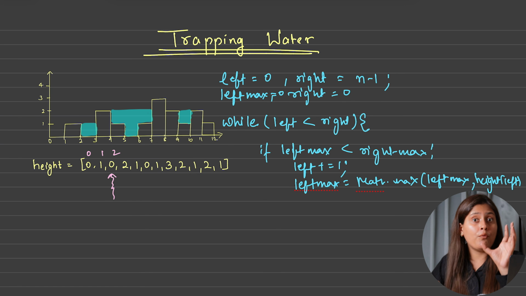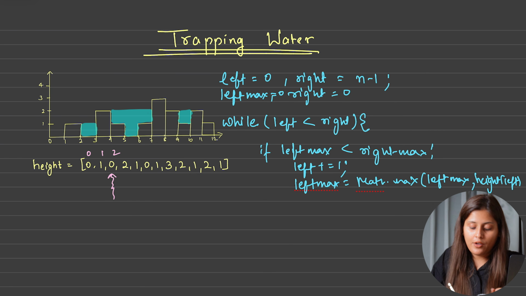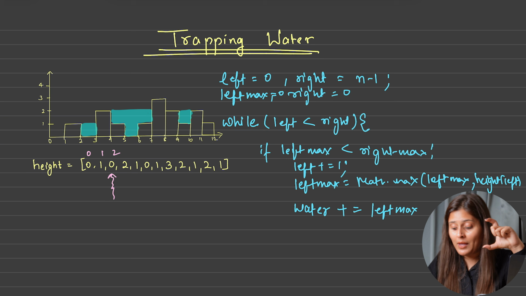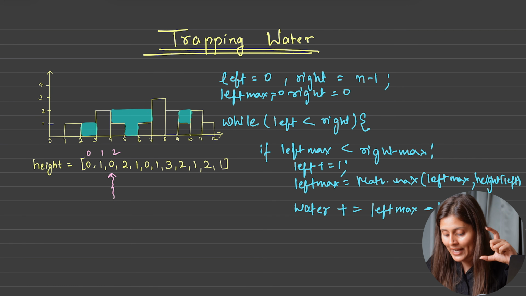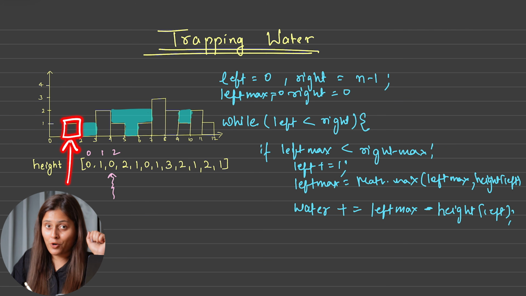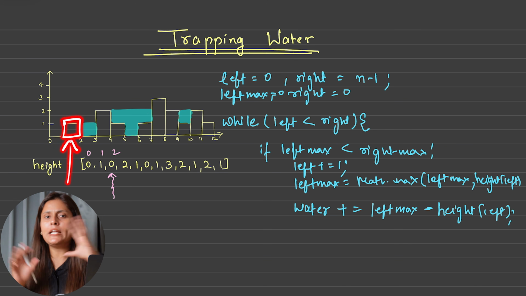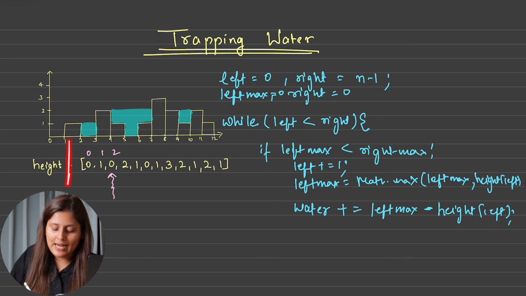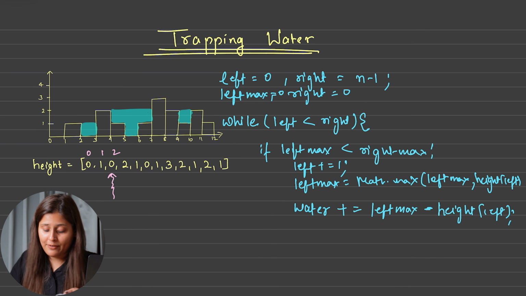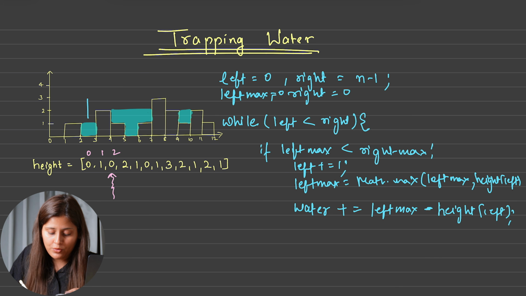Now our task is to calculate the water it stores. And what was the water it stored? Suppose we are here. So what is the maximum height till now? 1. So how do we calculate? Water plus equals whatever is the left max, correct? Yes, that will be the height of water. But we subtract the block also. Block means height of left. So at this index, we consider this height as water, but because the block was also present, in total it is 1 minus 1, 0. So of course you can see at this index, no water can be stored. Correct? And as we have moved our left pointer ahead, now our left pointer will point to this index.